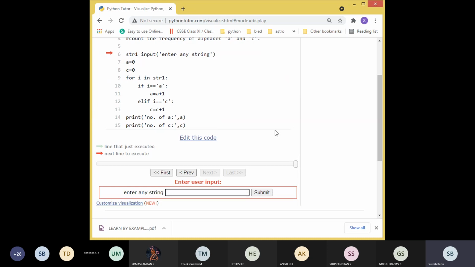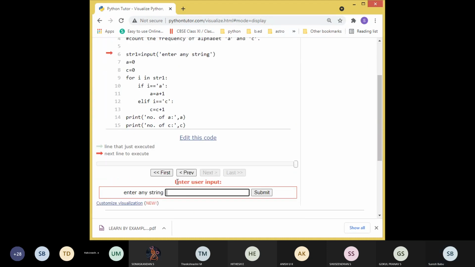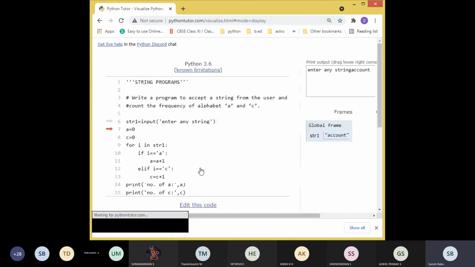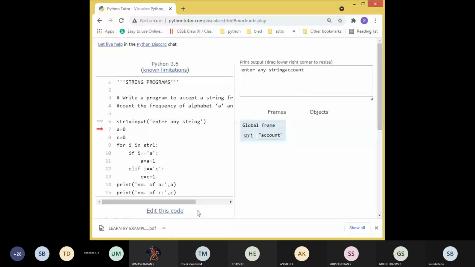Anyone? Give me the input. "Account." Account. Okay. Manually we can count the characters, but programmatically this is the method. So it created the string account.